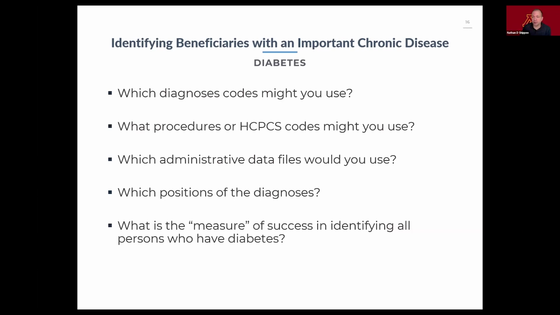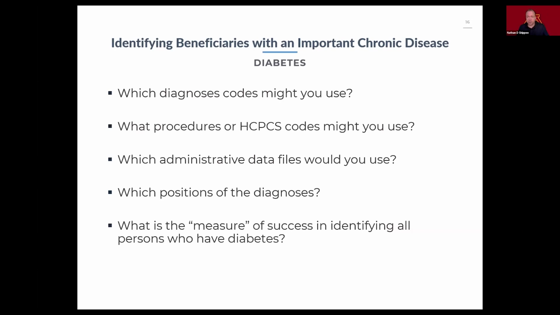Which administrative data file should we use? Should we just stick with inpatient files? If the Charlson originally or the Elixhauser originally were for inpatient settings, should we assume that we can just use inpatient files? If so, are we okay with losing people's conditions if they were never admitted? So we just need to make choices. And if we include all of our administrative claims files, are we going to get the representation of the conditions that we want with the proper specificity?